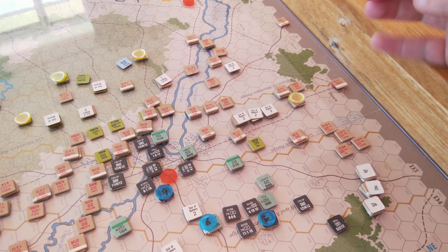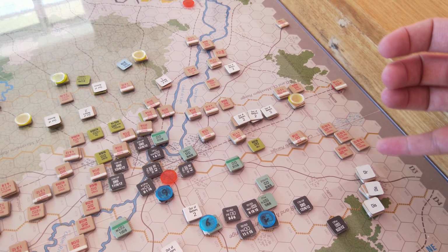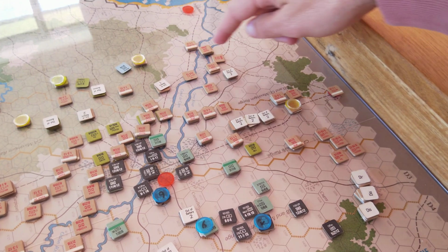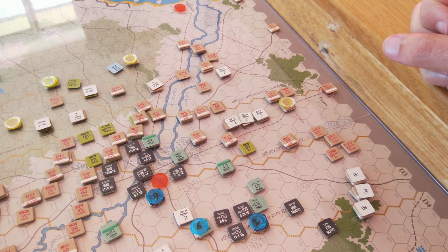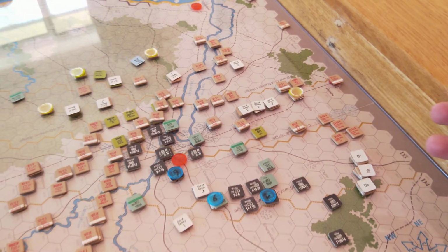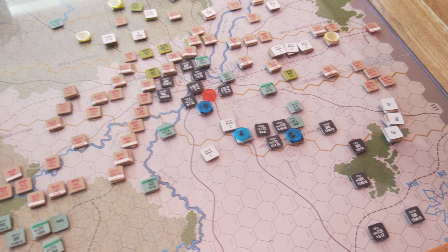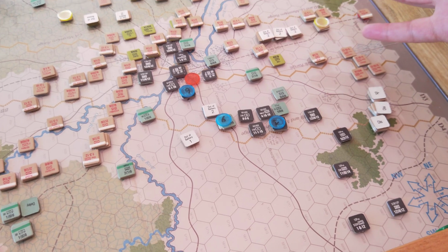So, 6th Airborne has pushed through. As a result of this, the 3rd Infantry Division has crossed back over and is supporting them, because this is where the action's happening. And the 4th Armoured Division, you can see these elements here, have also come around and are supporting in this push. Now you can see the German response has been to rapidly bring the 12th Panzer Division